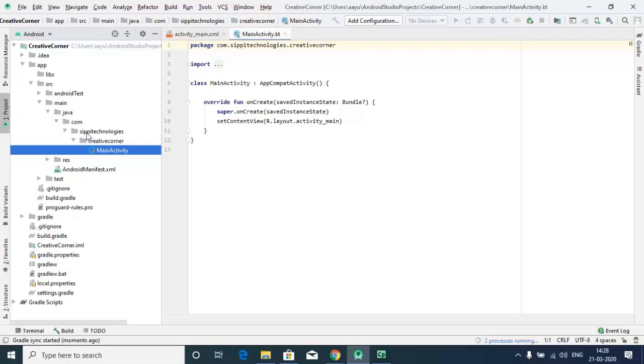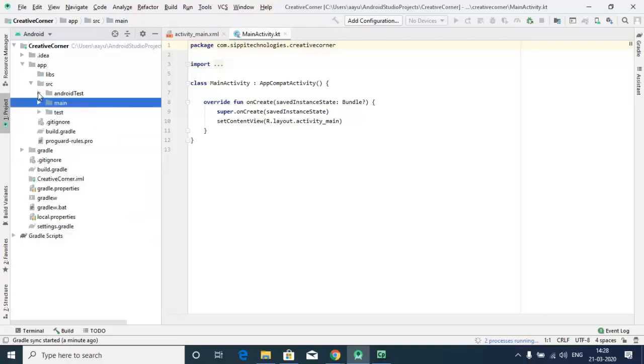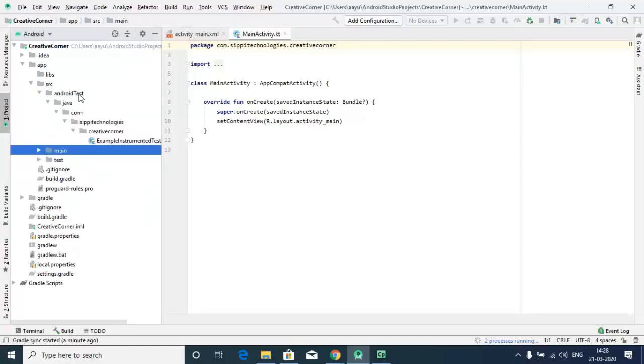This follows the directory structure of our project. It's the package name which we give when creating our app. The other folder, Android test, has the same directory structure, but it's used for writing